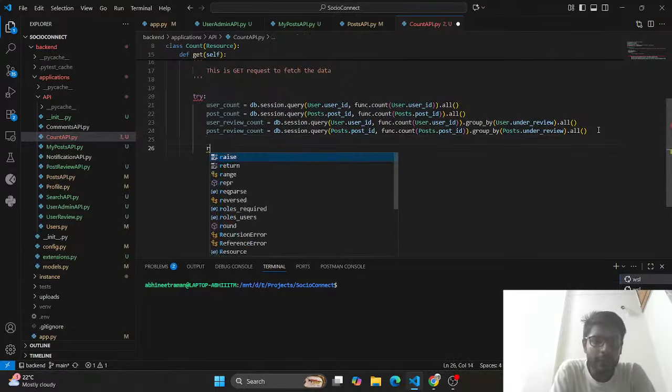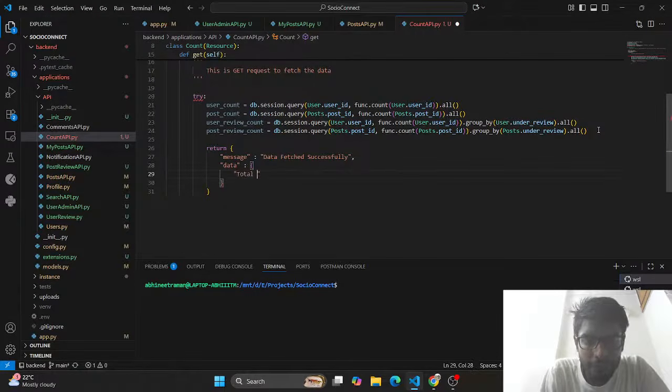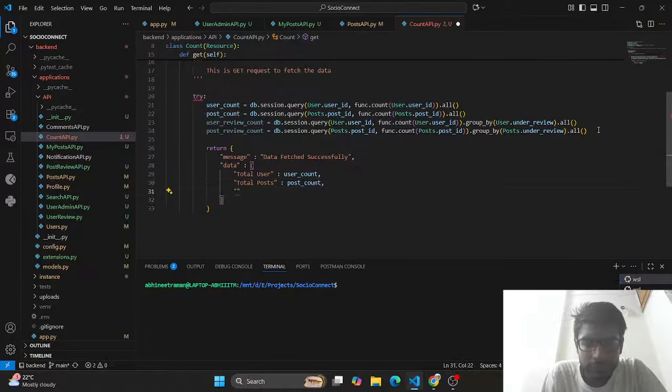So after all of this, what we will do, we will just return message, data fetched successfully, comma, data, which will have data of total users as user count, now total posts as post count, user review,